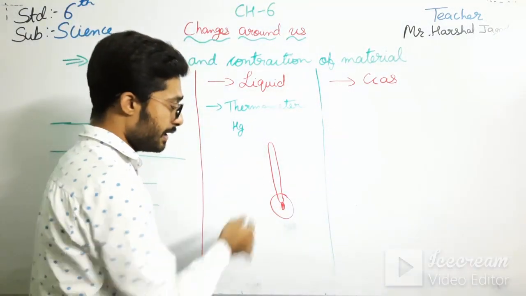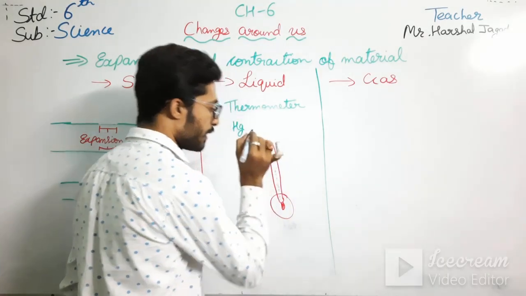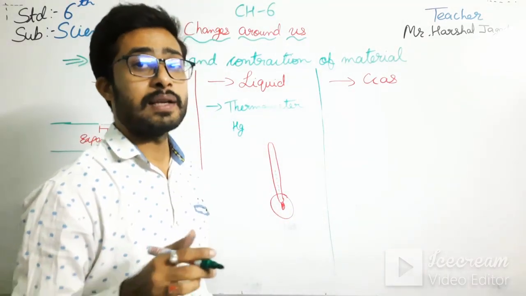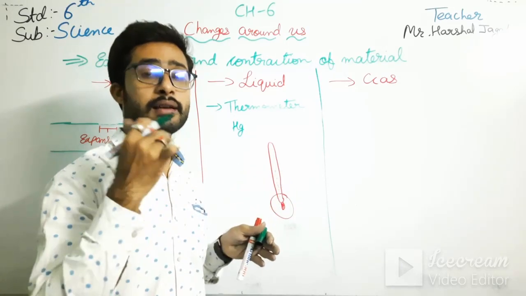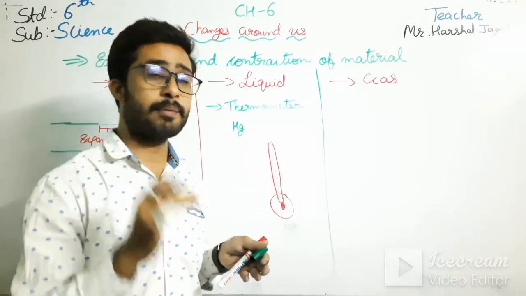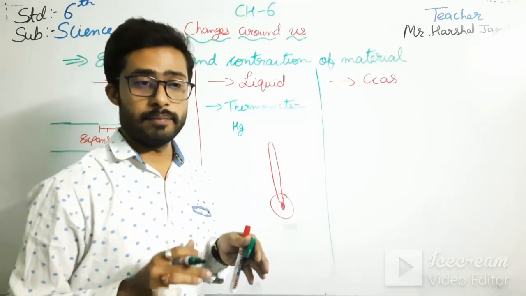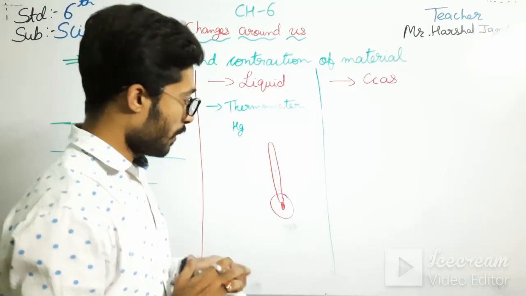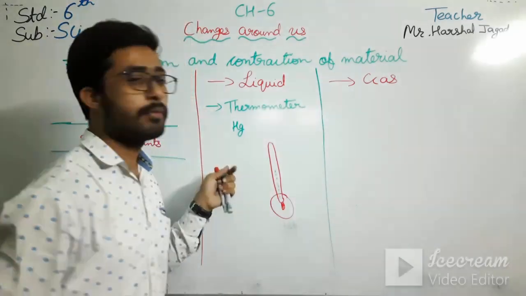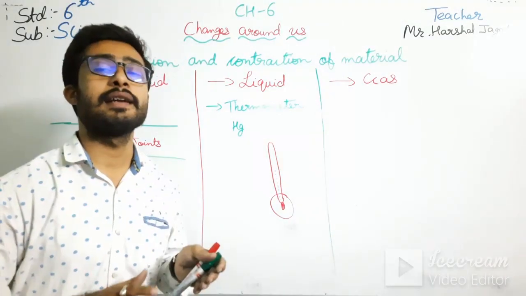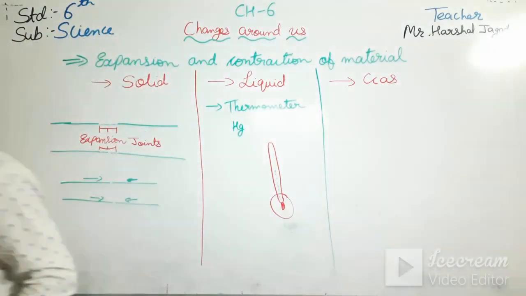So due to this heat, the mercury will move forward, and up till when? Our body has some specific temperature. After that it will not move further. Okay students, so in the liquid we can take the example of mercury, that it can expand. Okay, see here, I am just reading that